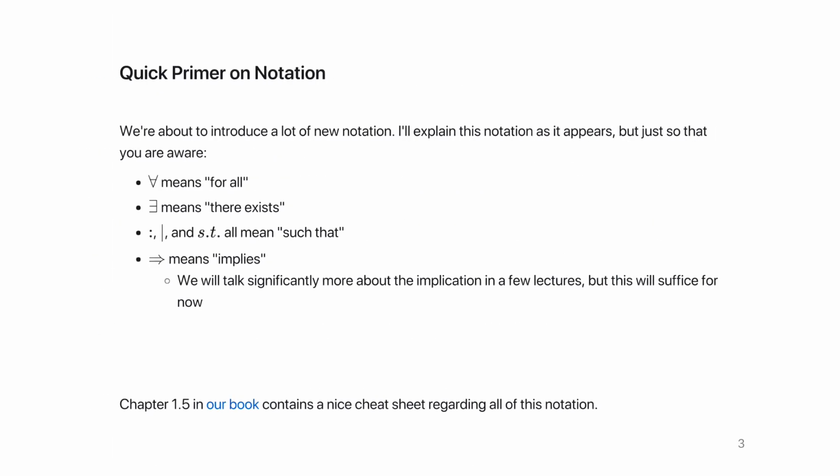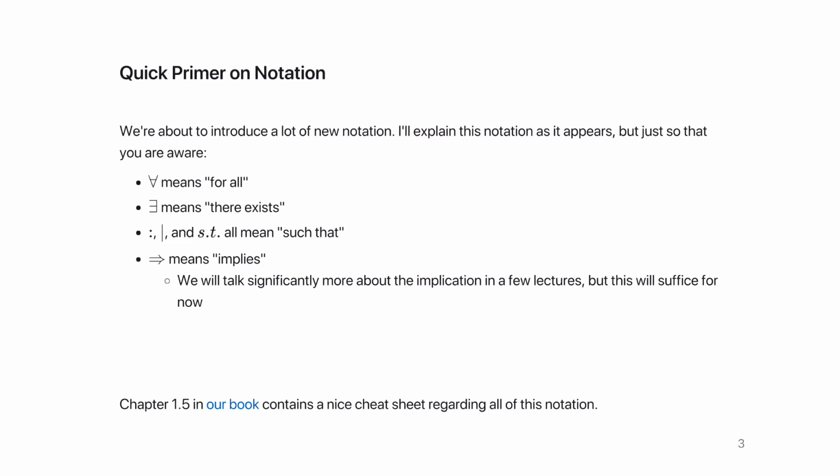We're going to see a lot of notation today in the slides, and I'll explain it to the best of my ability as we see it. Here are some pieces of notation you'll see, just so that you're aware of them. This upside down A symbol means "for all." One thing we'll often say is, for all x in X, for all y in Y, for all students in this class, that sort of thing. The backwards E means "there exists." We'll see better examples of this terminology later in the slides.